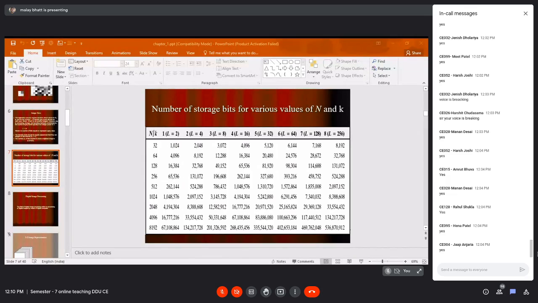So when you are increasing the megapixels, you are increasing the size of the image in terms of rows and columns, in terms of number of rows and number of columns, nothing else. But if you increase the gray level, then also you can increase the size of the image, so its picture will be more clear. So these are the two different ways through which you can increase the size of the image. Yes, any query up to this point? Can we proceed further?